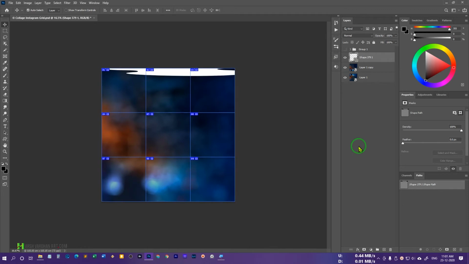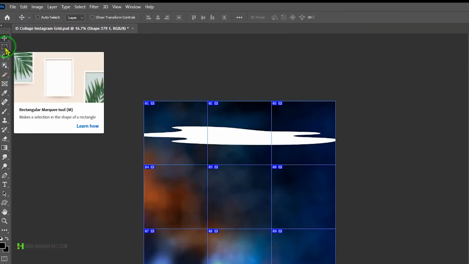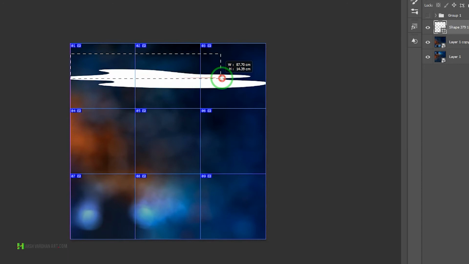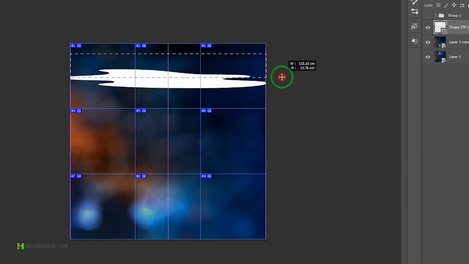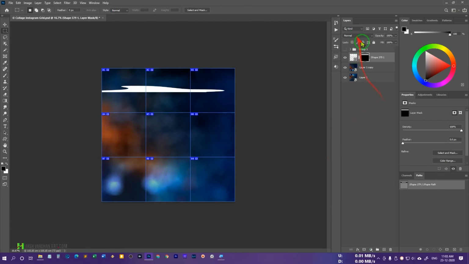All right, so that it just becomes perfect and it doesn't just go up and down, we will create a mask over it. All right, so for the next image, we'll just drag it down and we'll resize it, bring it down, and we'll create a mask and we'll divide it into half. So we'll select the rectangle marquee selection tool. By pressing M, you can have access to it, and then we'll draw it something like this, so that this half of the shape is selected, and then we'll click on the mask icon. This is the mask icon, and that's going to create a mask right over here.